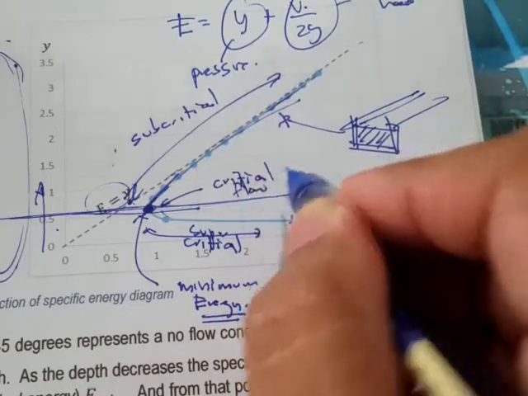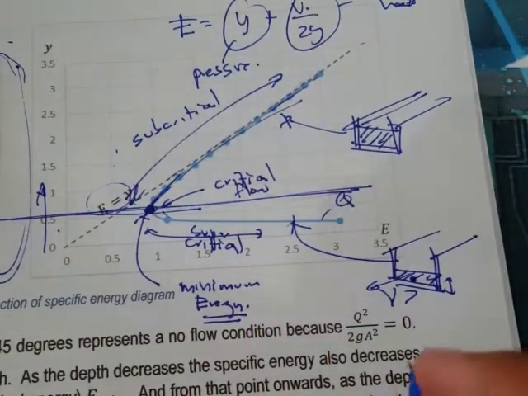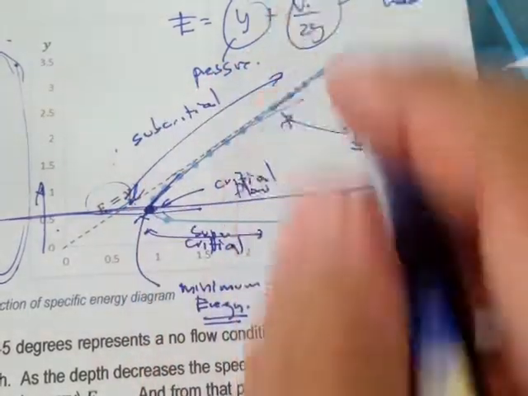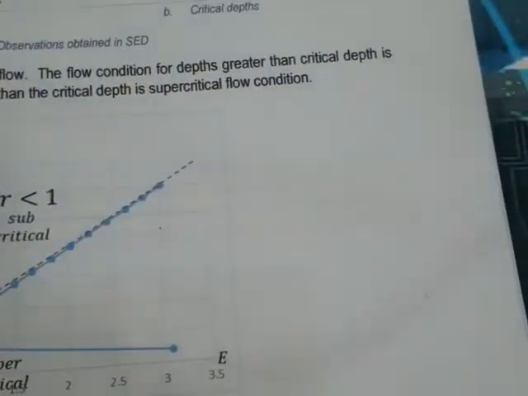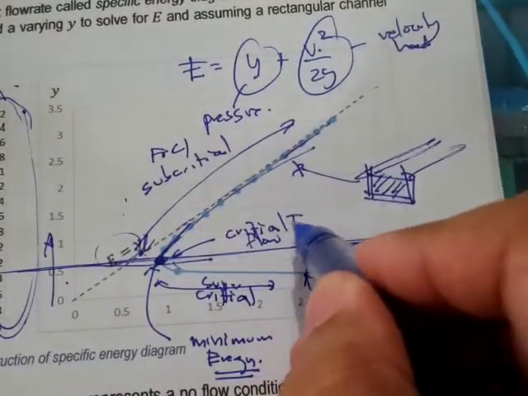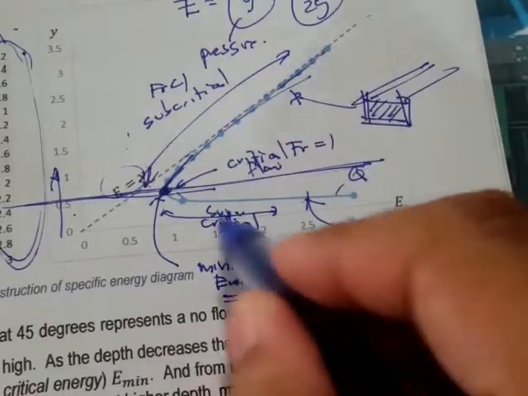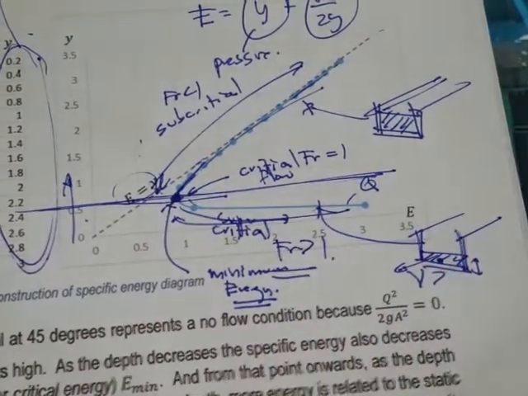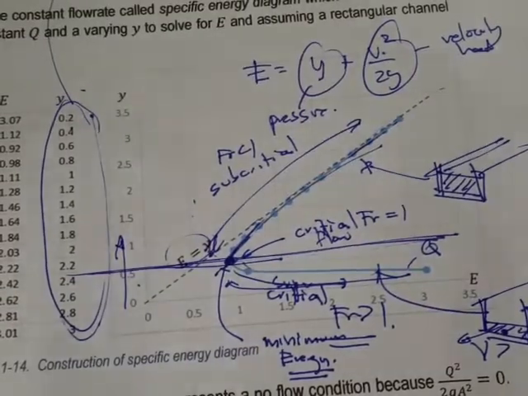And recall that since we discussed the flow number, this one is, I think, less than 1, right? So Fr is less than 1, and here Fr is equal to 1, and the flow right here is Fr greater than 1. Okay, so now let's